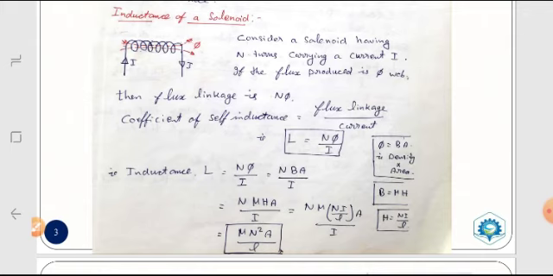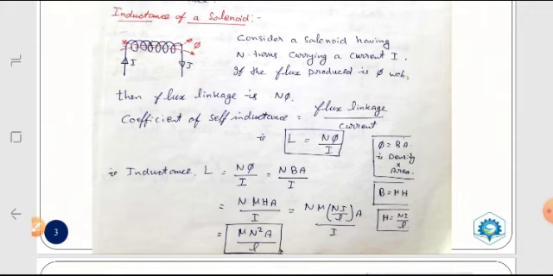Now we need to understand that inductance L is a passive component in electrical engineering. Therefore, on what parameters is the inductance dependent? Inductance depends only on the physical parameters. In order to get that equation, we will substitute for phi. The total flux is phi equal to B into A, where B is the flux density and A is the area.